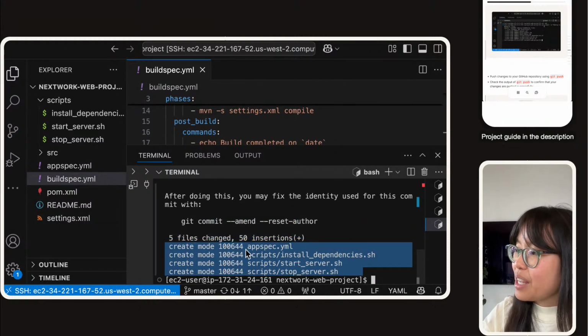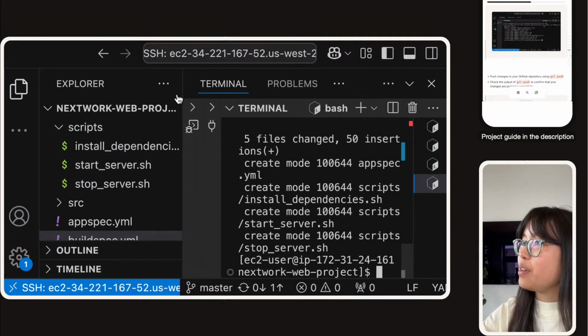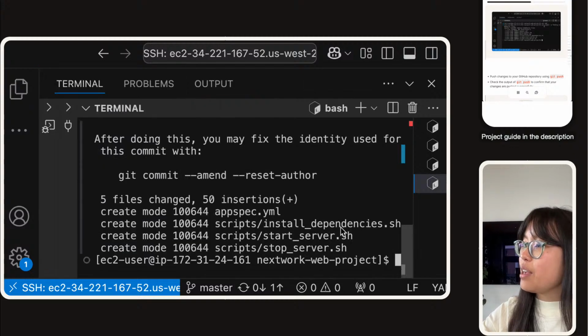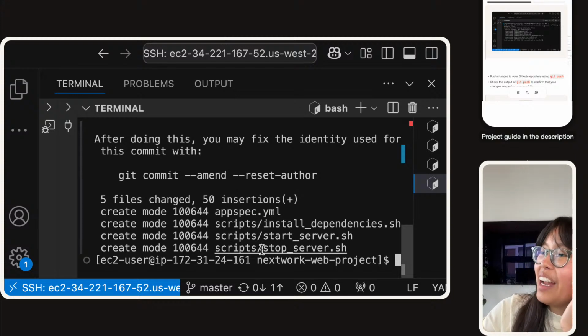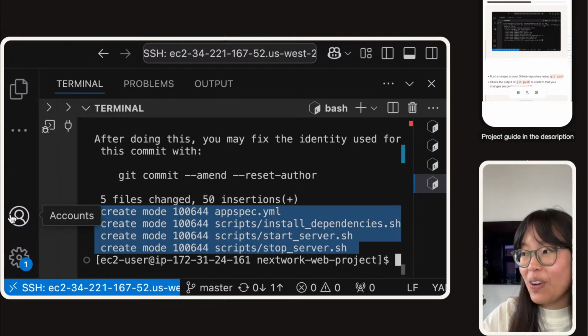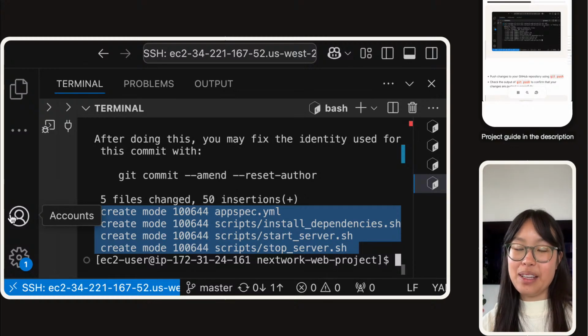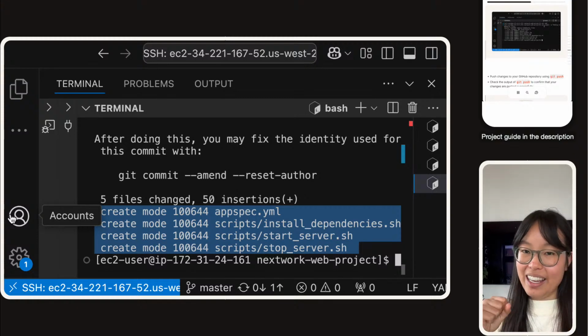Does it say that you've created appspec, scripts/install dependencies, scripts/start server, scripts/stop server? We need to make sure you've saved all of these files. You press Control S so that when you save the changes in Git, the saved files get added to that commit. And now when you push your commit,